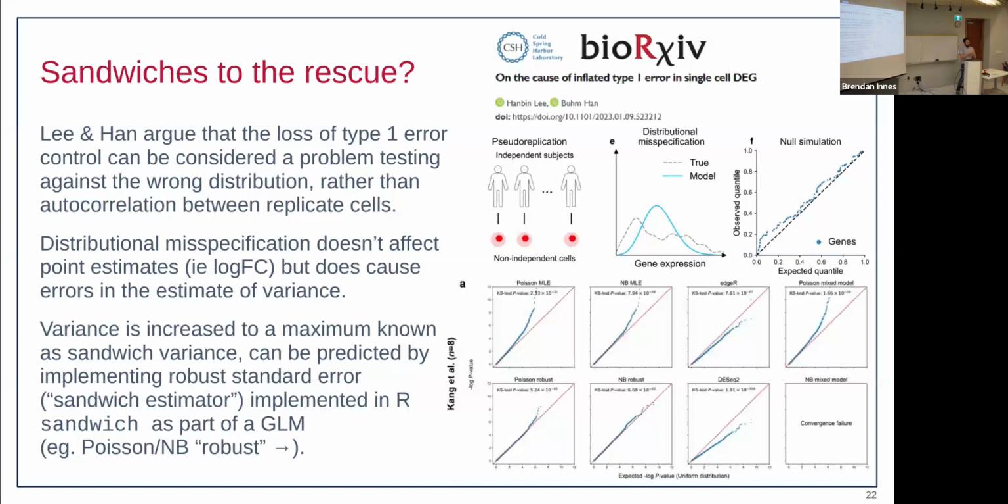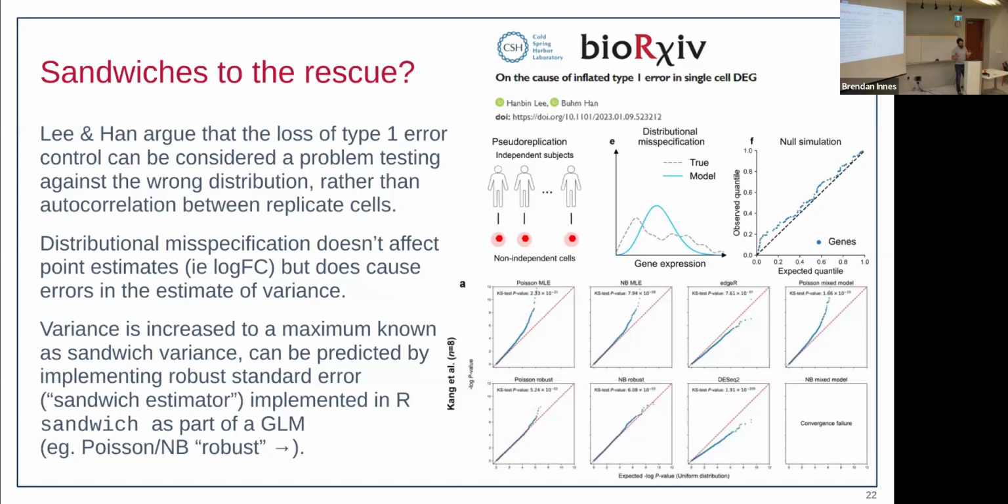So distributional misspecification doesn't affect point estimates like your magnitude of difference, your log fold change, but it does affect error. It causes your estimates of variance to be less than what is truly out there. But it turns out that the increase in variance, because you screwed up which distribution you're going to test against, has a maximum theoretical amount, which is the sandwich variance, and that can be predicted by these robust standard error estimators, also known as sandwich estimators. And there's actually an R implementation for sandwich estimators, because this is a thing that's been around for like 40 or 50 years now,